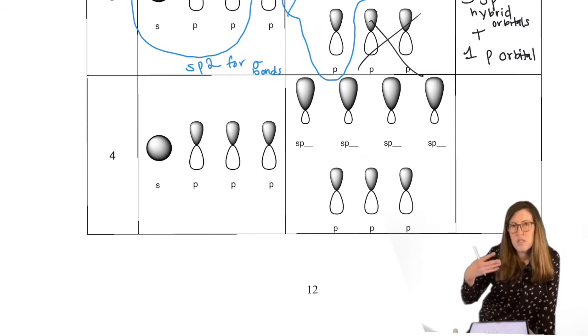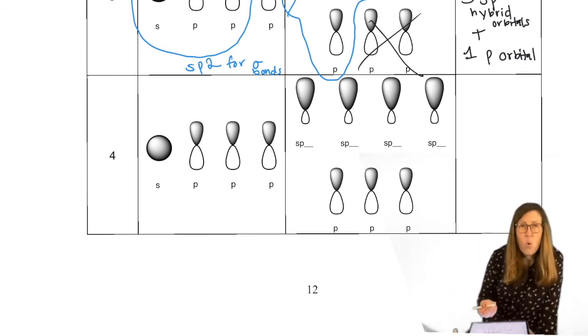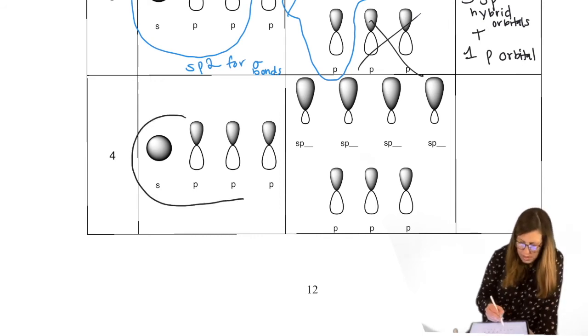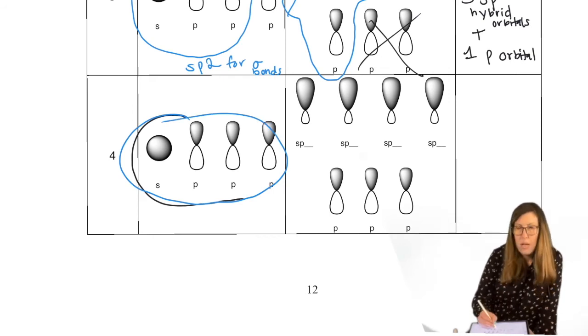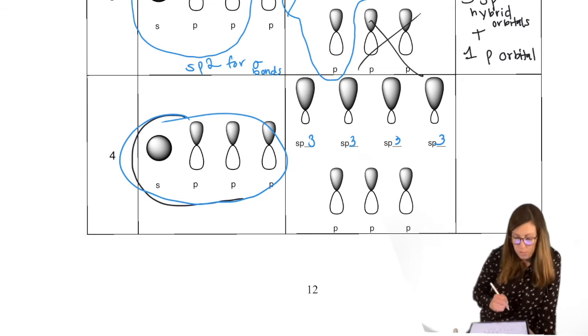Okay, so we're limited in our scenarios. There's only one more scenario possible, which is that we have 4 electron groups that create sigma bonds. So if I know I need 4 sigma bonds, I need my S and I need all my P's on board. Let's do blue. Circle the whole thing. That means I need my sp3. And how many of them? 4 in equals 4 out. sp3, sp3, sp3, sp3. I took all of the p orbitals and hybridized them. There are 0 p orbitals left over.